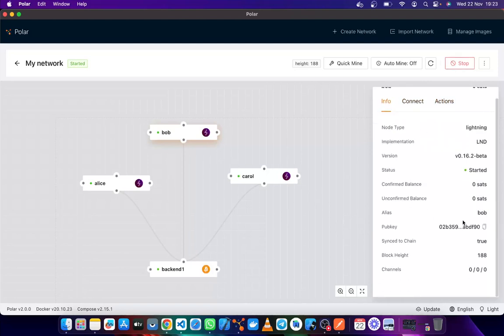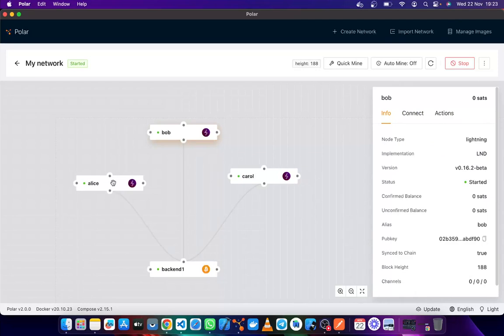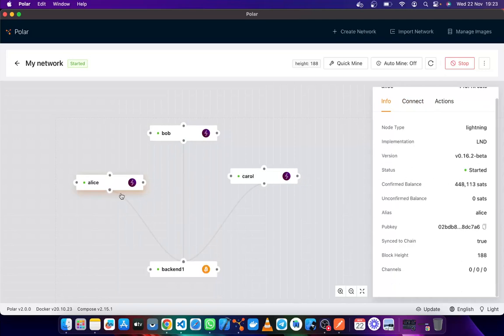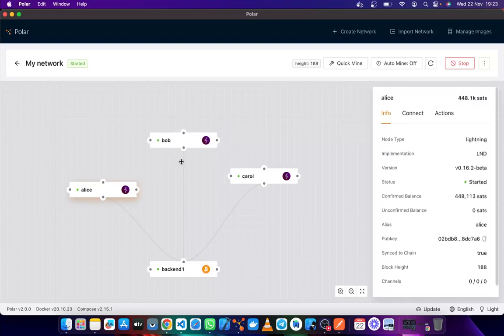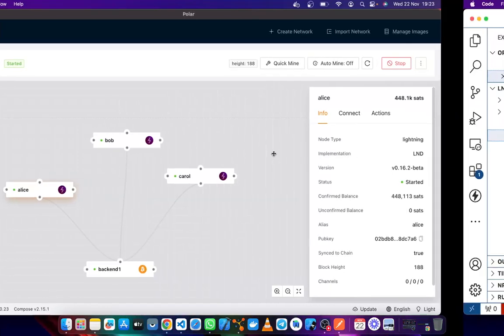Okay, this is Bob. Yesterday we were playing around with Alice's node. We gave her some sats, so she has some money, and she does not have any channels because I closed that off. So okay, our node is running.